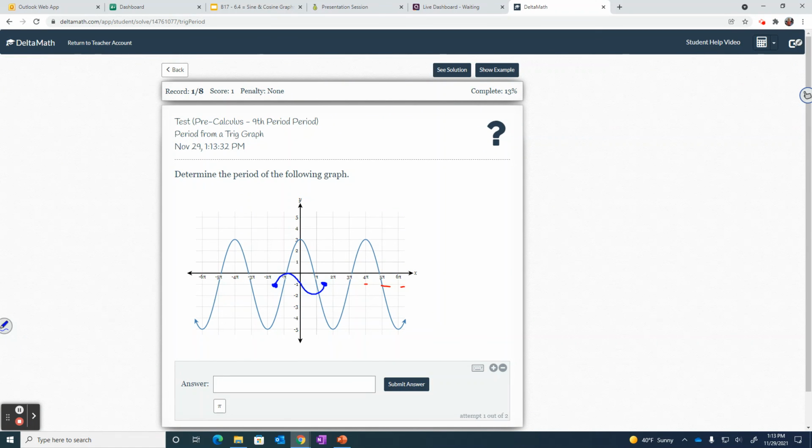This one's a cosine, starting at the top. So it completes one cosine here and back up. So the distance there in the x direction would be from 0 to 4 pi. So 4 pi is what you put. So go ahead and